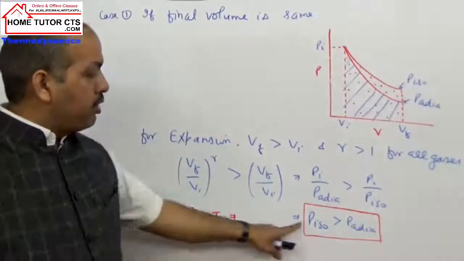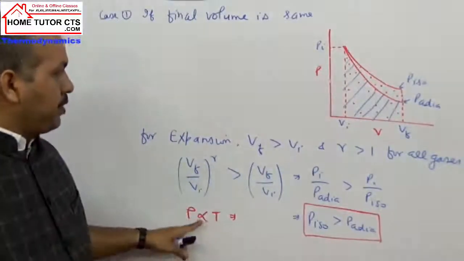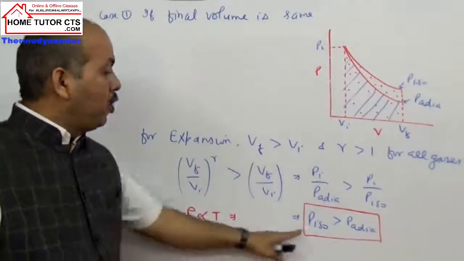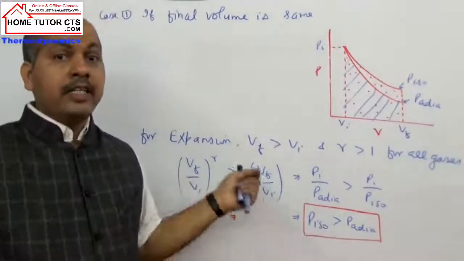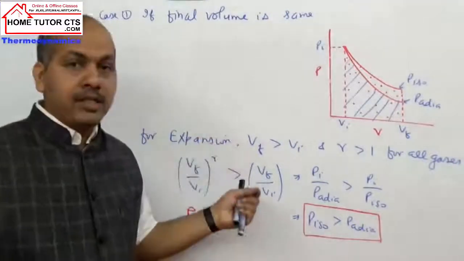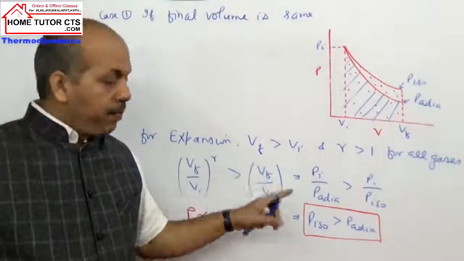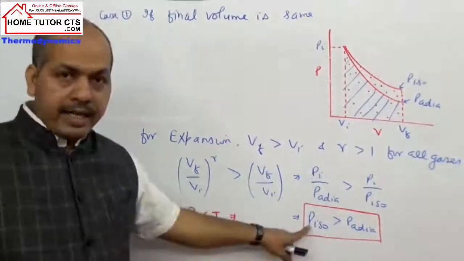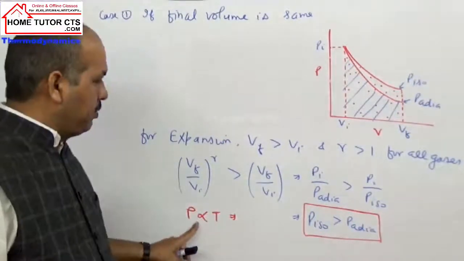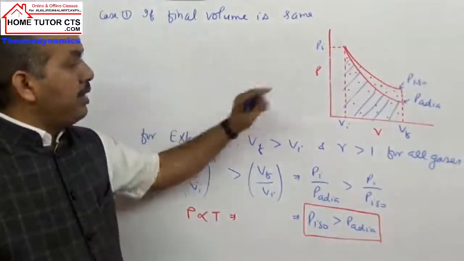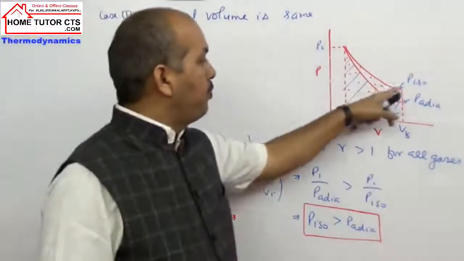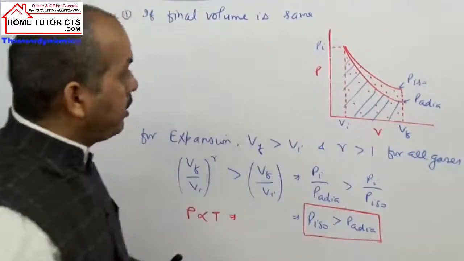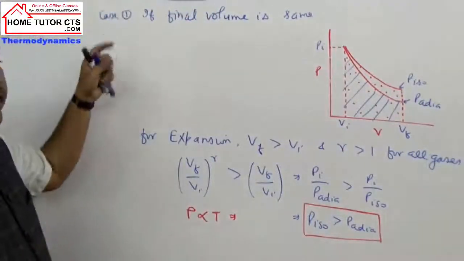इसका evidence क्या होता है? Relation of pressure. In adiabatic expansion there is fall in temperature, so pressure will be lower. While when we take isothermal expansion, temperature will remain constant, so pressure will be higher in case of isothermal expansion. So when the final pressure is higher, you can say definitely in this case the work done by the gas is more. That's case 1.